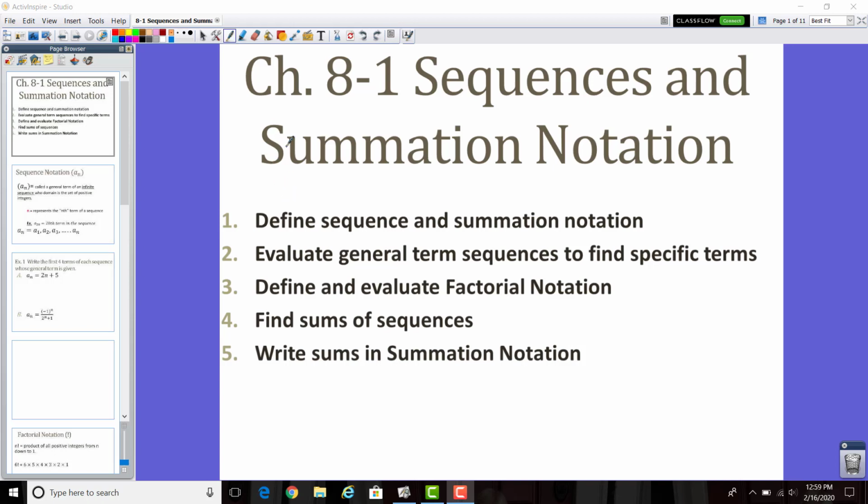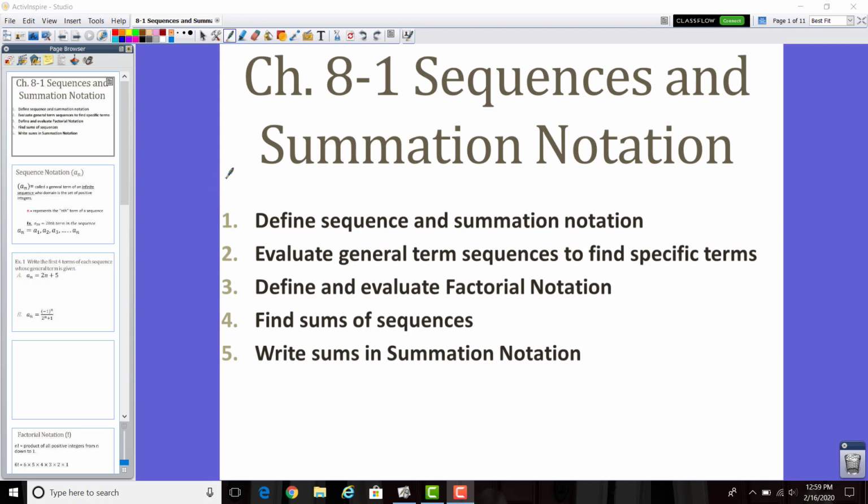Today we're going to be talking about section 8.1 about sequences and summation notation. This chapter is going to go really quickly, and you'll see today we're going to talk about a lot of definitions and notation that will help us understand what we should be doing and how we should be doing things with our sequences. Today we're going to talk about what a sequence is and what summation notation looks like and